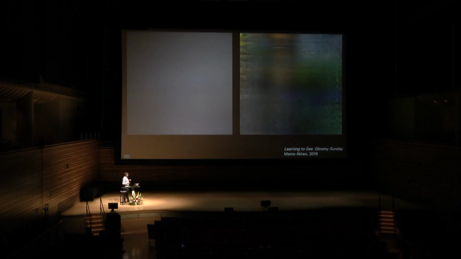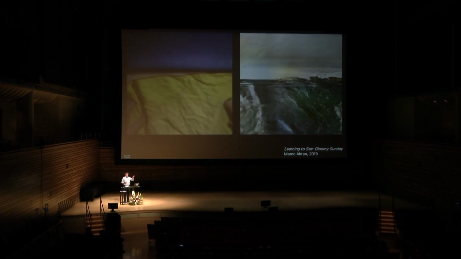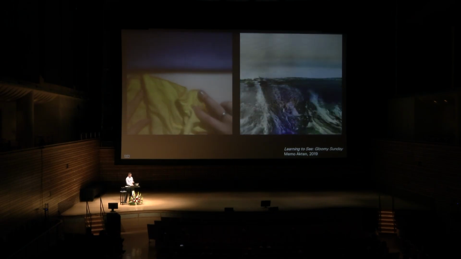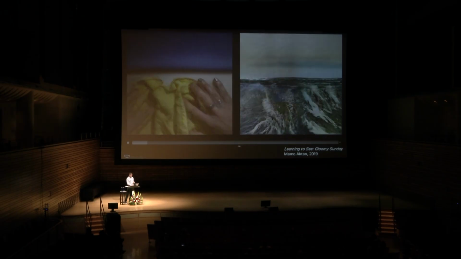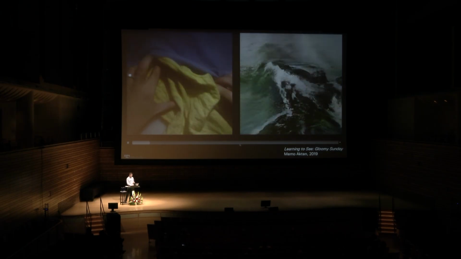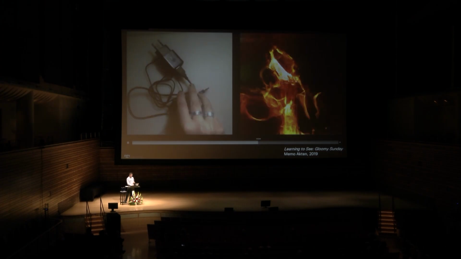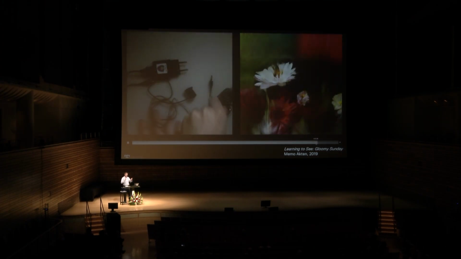Along the same line of that kind of paint by numbers is this example of an artist who hooked everything up to a webcam, and then just by moving stuff around on your desktop, you can make your fabric turn into crashing waves, or you can make your phone charger turn into a volcano. Let's see, why can't I click on this? Oh, I can't move it. There we go. So like this, different kind of thing, just by clicking a switch, you can change your hands into flowers and so on.